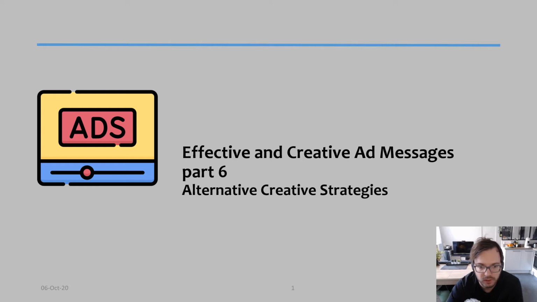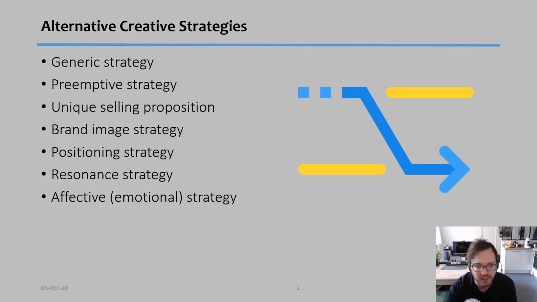Hello everyone, so in this video we're going to be talking about alternative creative strategies, and we're going to talk about each one of them and obviously provide examples as well. So there's different types of strategies. There's the generic strategy, preemptive strategy, unique selling proposition, brand image strategy, positioning strategy, resonance strategy, and the affective or